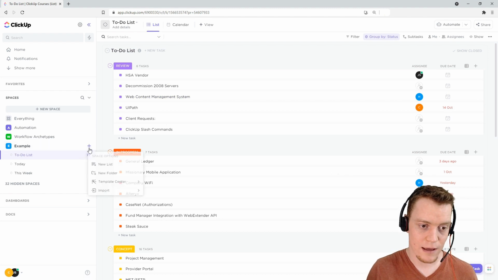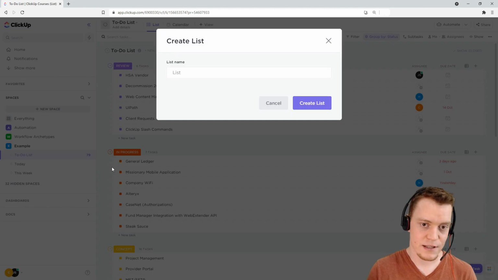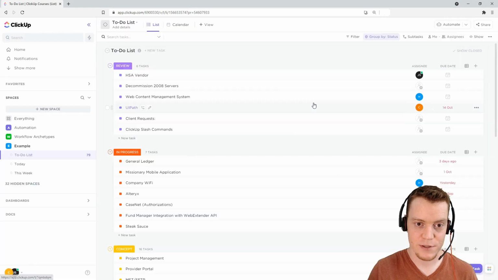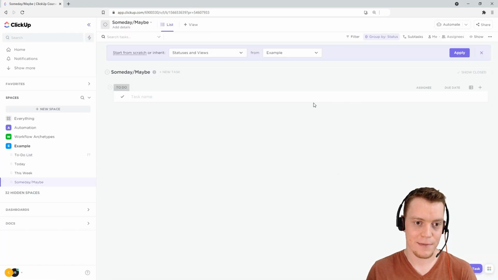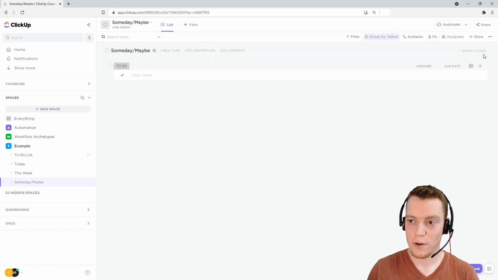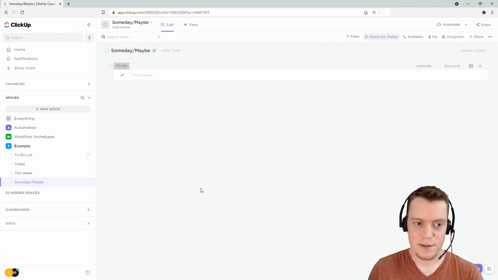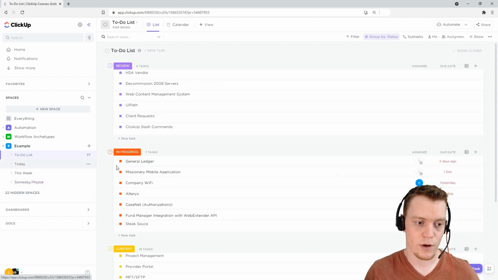So what I'm going to do, just for keeping things conceptually easy, I'll create a new list, and I'm going to call it a Someday/Maybe list. That term comes from GTD, David Allen, and it's just a really good idea. This is stuff that we're not committing to do, but we do think it could be a good idea someday. And the idea is we'll come back and look at this list. Could be once a week, could be once a month, whatever works. So we'll go through and say, okay,